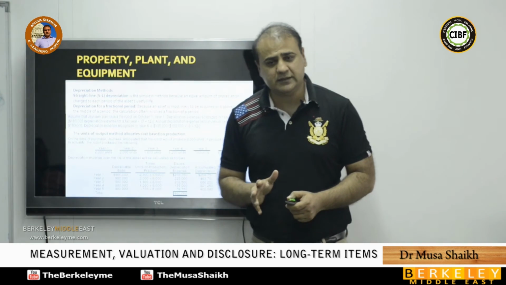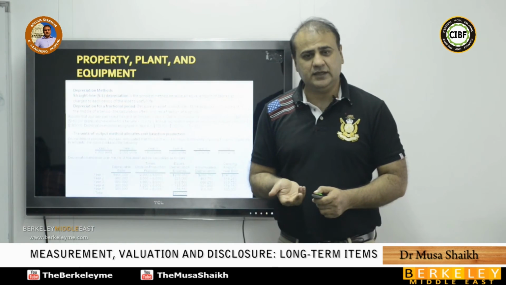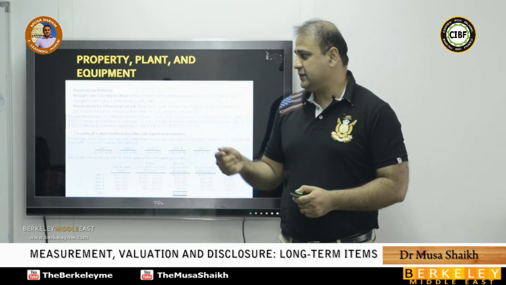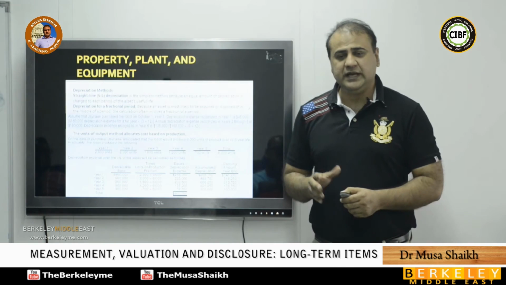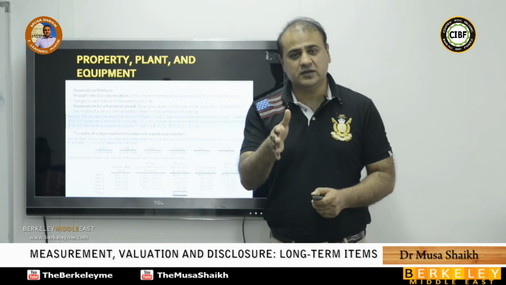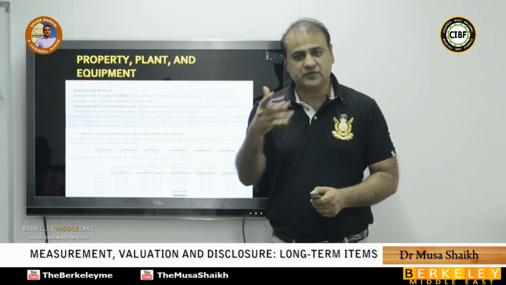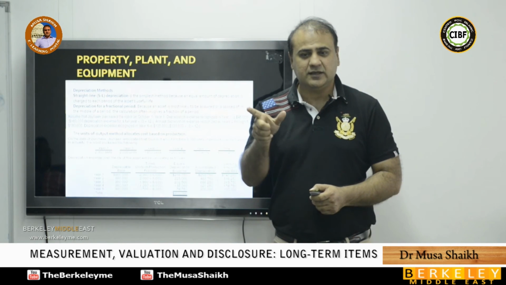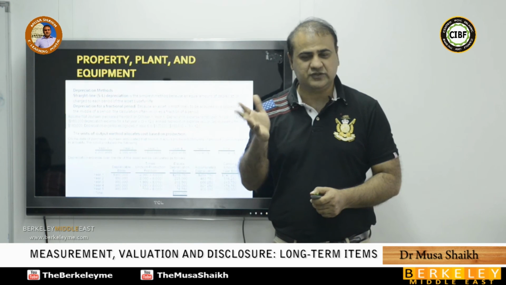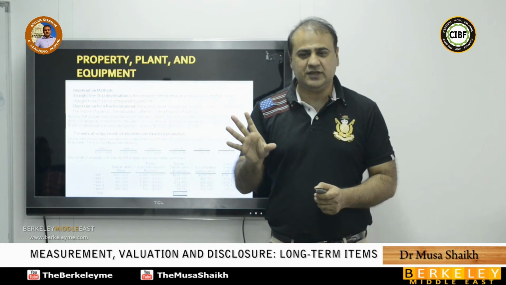We have several methods to calculate the depreciation. The first method is straight line. It's a very simple method. We need a straight figure every year for depreciation. That's why it's called straight line. Straight, exactly the same value. So simply we take the depreciable base like